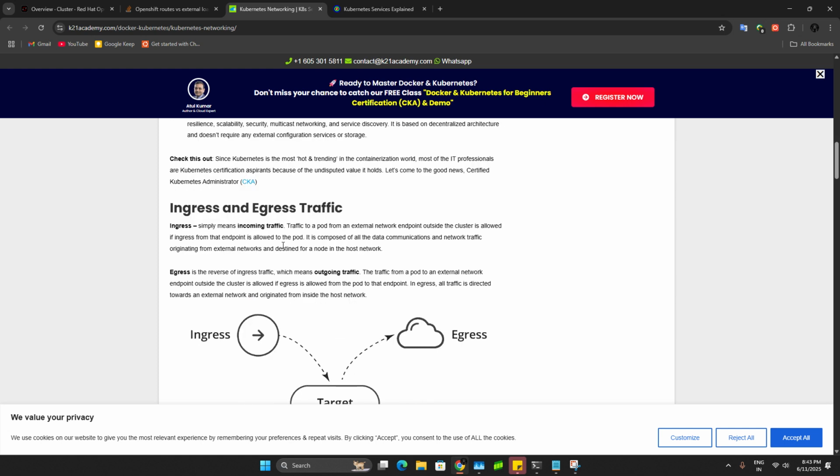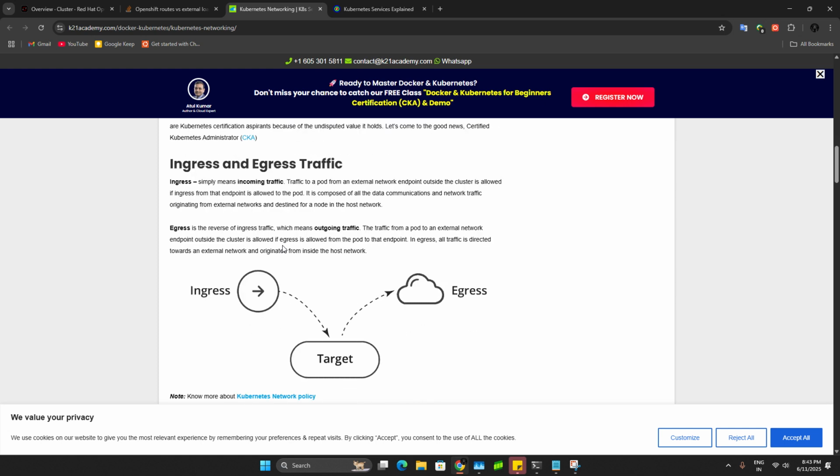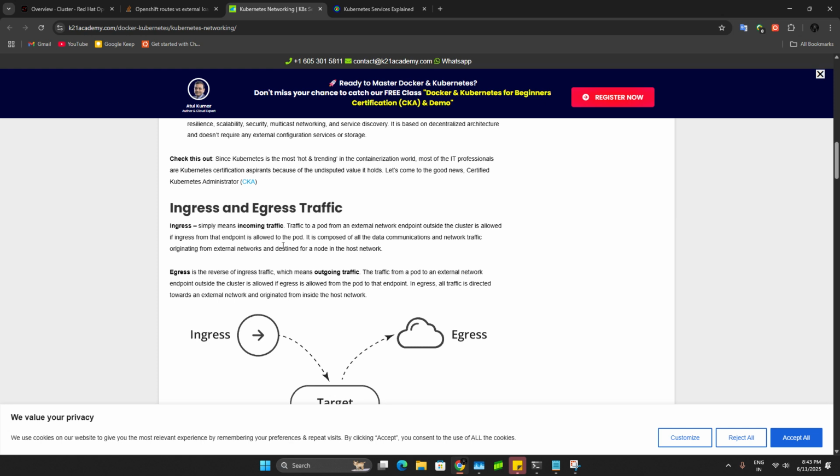In OpenShift, they will go for OVN by default, right? So what it will do first, a pod application team. Okay, the cluster is provisioned, CNI plugins or operators are installed. Now what are we going to do? Our application team is going to deploy a deployment, right? A deployment will deploy one or two replicas. A deployment is nothing but a replica set.